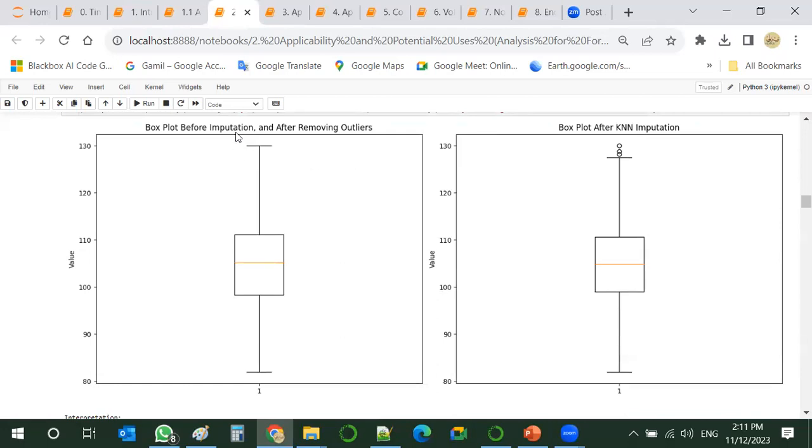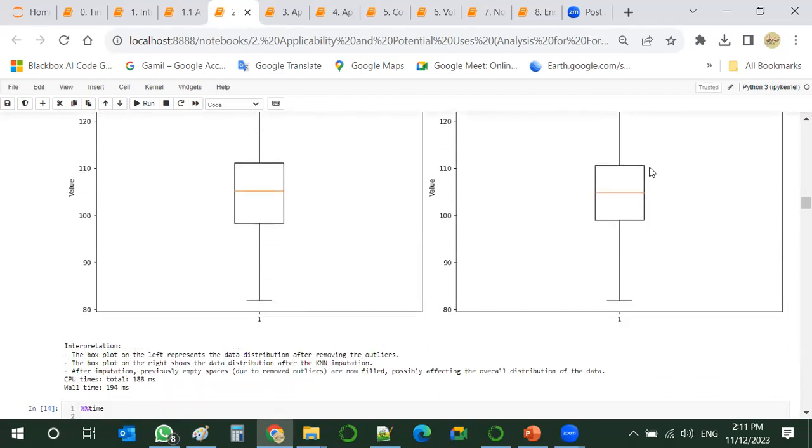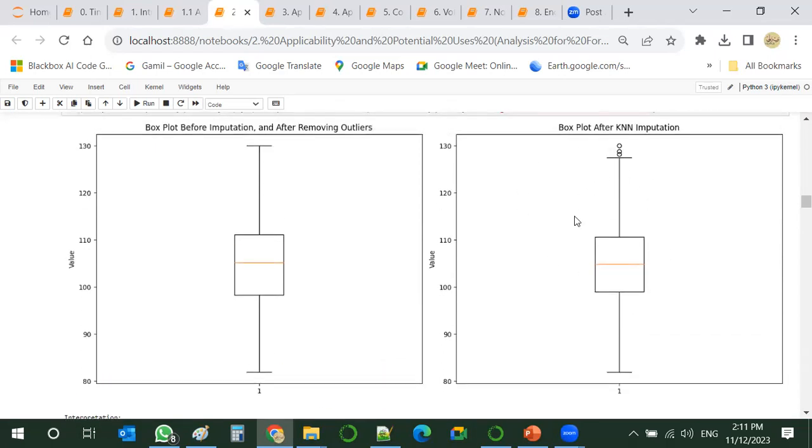Before imputation and after removing outliers, this is how the box plot of our data looks. But after we replaced them using our imputation method, it is this one.